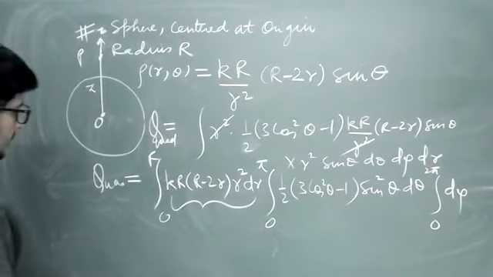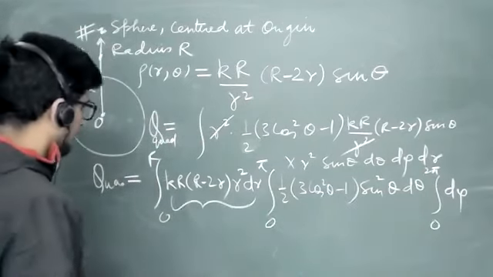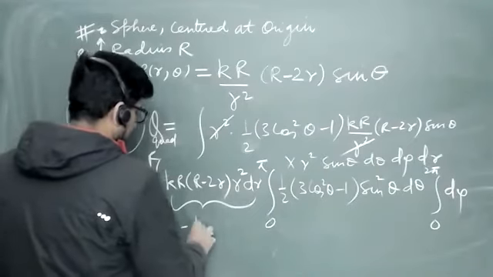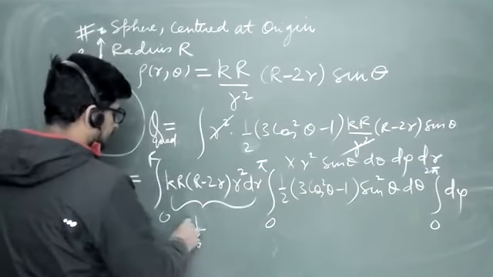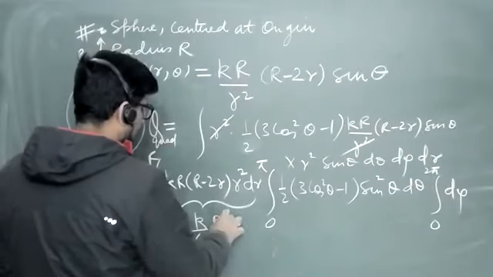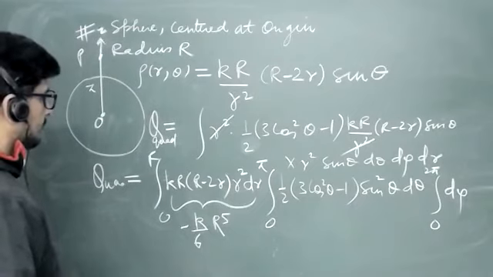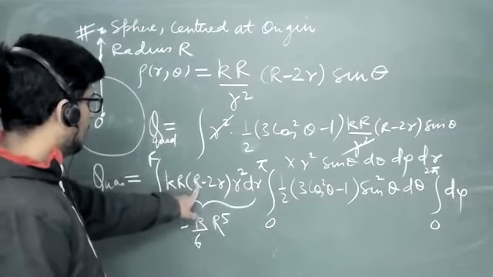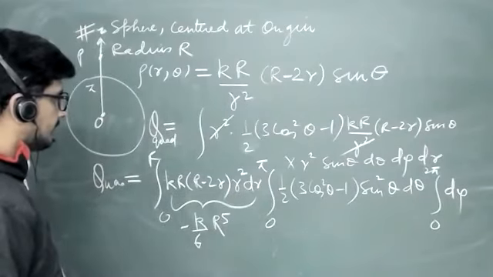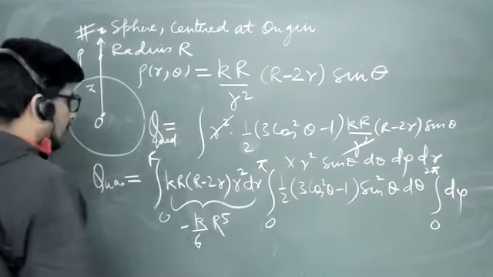Anybody else can tell what is this value? कितने आ रही है? Minus 1/6 into kr to the power 5. Minus 1/6 k r to the power 5. तो डायमेंशनली ये 5 है, ठीक है। डायमेंशनली इट शुड बी 5। और किसी का आ रहा है भाई? देखो जरा जल्दी से करके। इट इज अ सिंपल इंटीग्रल, नॉट अ टफ वन।